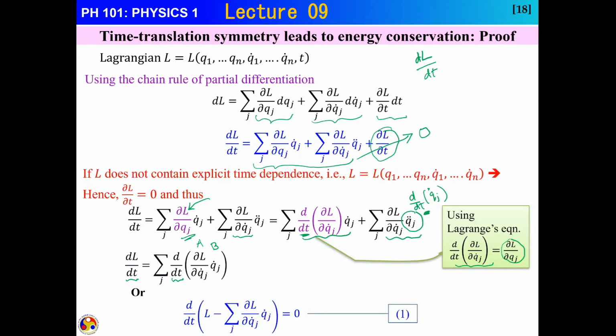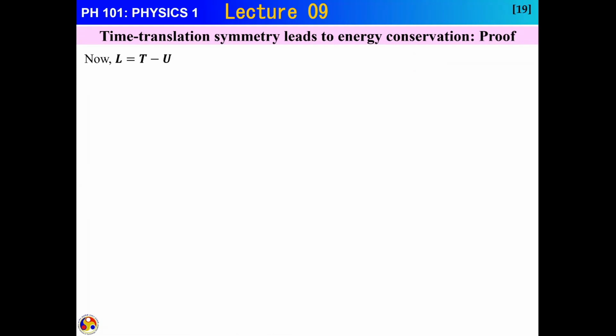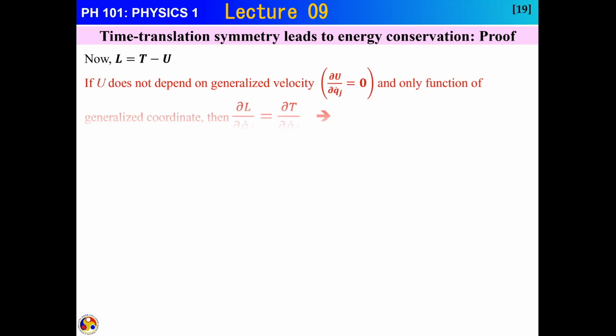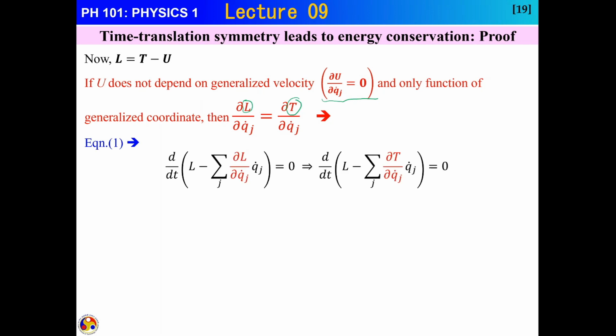So not very complicated. Now let's move on to substituting the proper value. We know that the Lagrangian is T minus U, and when U does not depend on the generalized velocity, this term is going to be 0, which is very important. The only function that you will have is, instead of L, now you can write it in T for the q dot part. So can I just substitute that one in my original equation that we got, the left side?